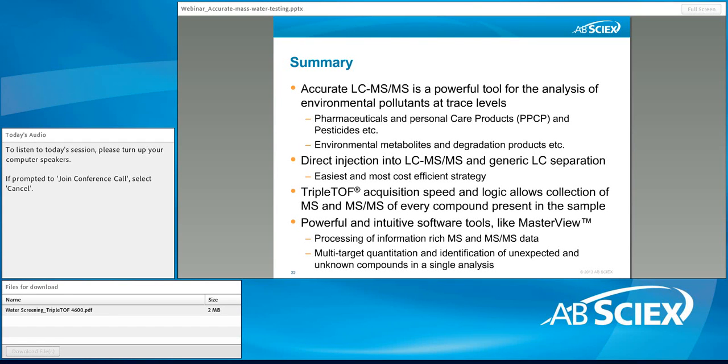Also, direct injection and a generic LC separation is the easiest way to bring these unexpected compounds into the mass spectrometer. And the TripleTOF data acquisition speed and software logic allows us to collect MS and MS-MS information of every compound in all the samples, which is very important to identify unknown compounds. And then I just gave you a couple of examples of how powerful and intuitive the MasterView software can be, whether to